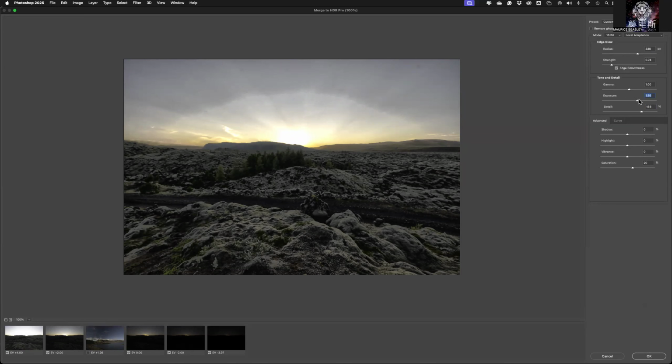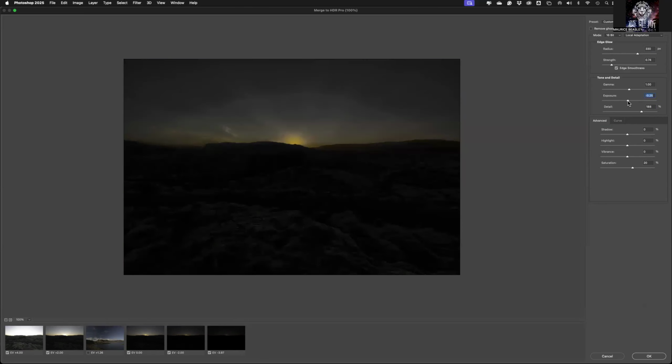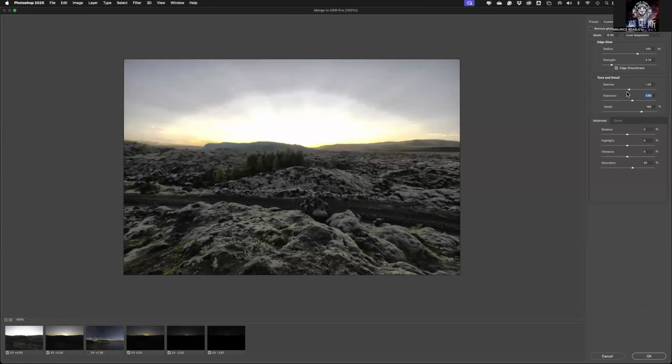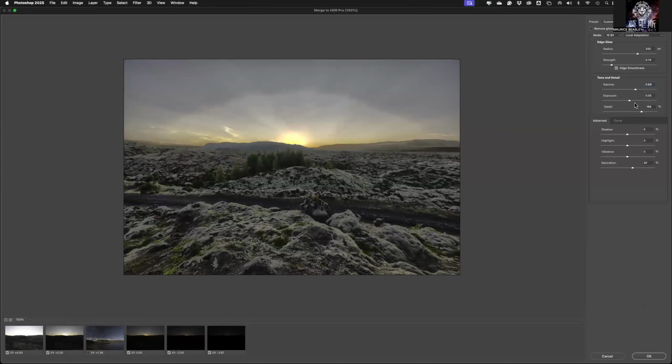So exposure is what we've been talking about before, over or under exposing the image, and a little bit goes a long way. But then the gamma, I really like this because the gamma works as kind of like a front fill light to me, where if I increase it, it's like it's increasing the light value from the front of the camera, like what's directly in front of the camera, and then working its way backwards. So I can play with the adjustments of the gamma value and the exposure value along with the details, and it will start to give me, along with everything else,